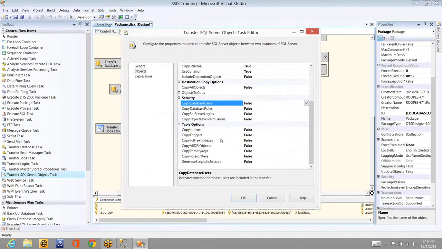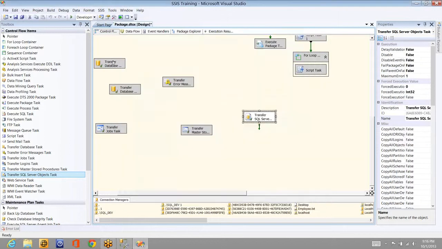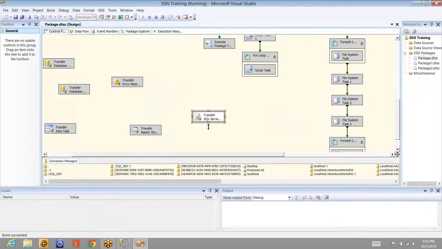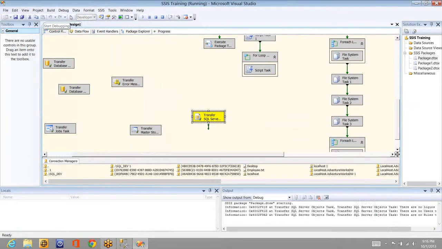For most of the things the default values will be set, but based on your requirement, let's say you want to copy triggers for the table, then you have to set this one as true. I don't think there will be triggers for the table. And if you want to copy any indexes, I think there will be some indexes, so I need to set it to true. First let me execute moving the table from source to destination, and then we can explore a little more of the options.